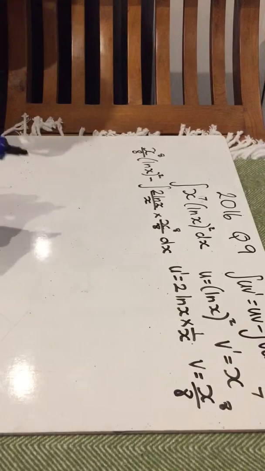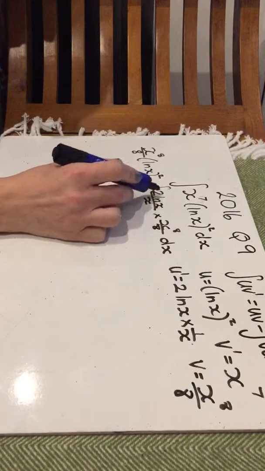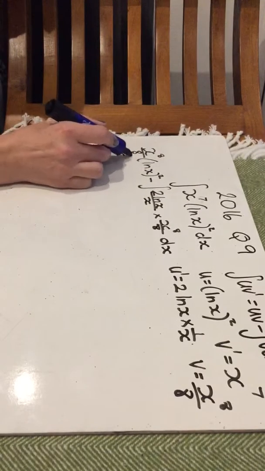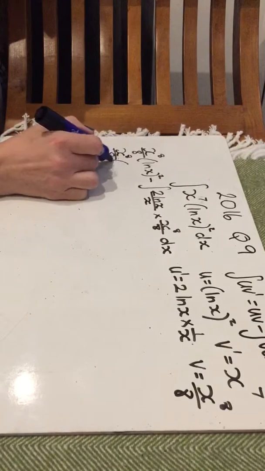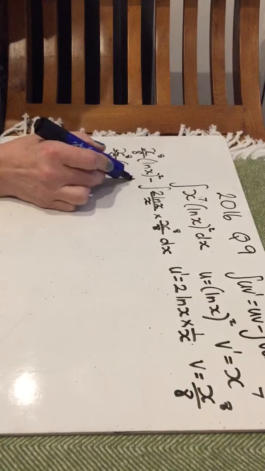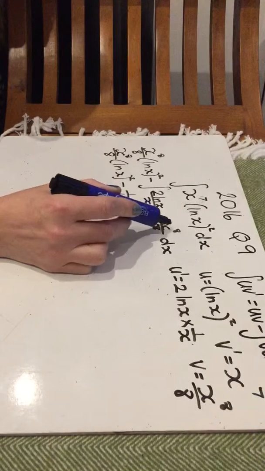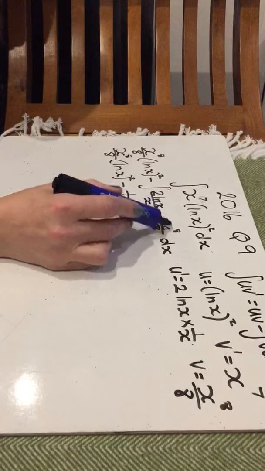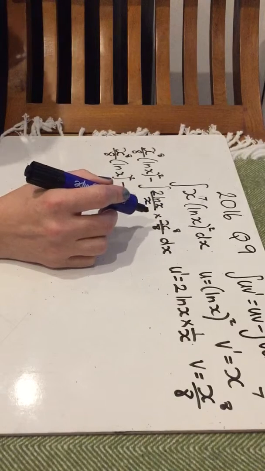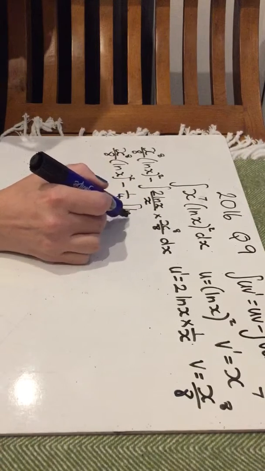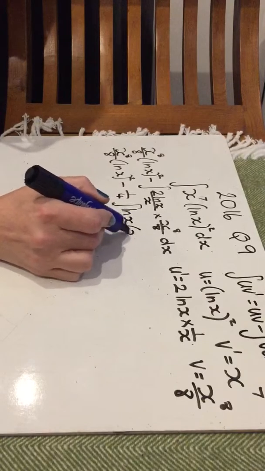Now this obviously simplifies. The 2 over 8 would simplify to a quarter, which I am going to take outside the integral, so 1/4. And then the x to the 8 over x is going to be x to the 7, so I've got log x times x to the 7